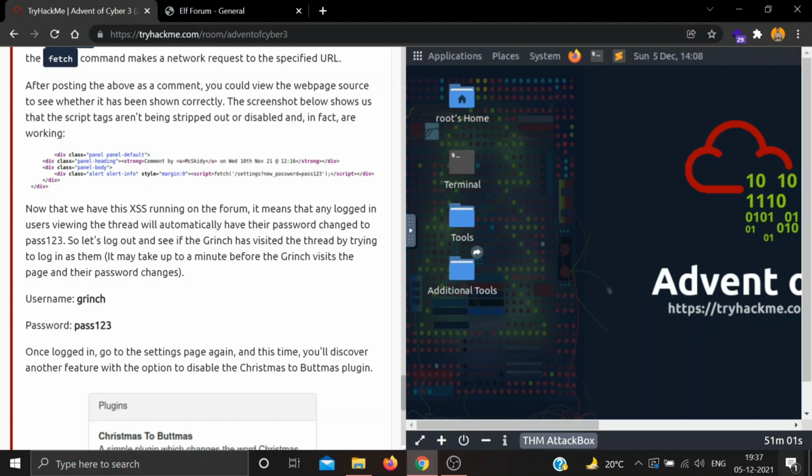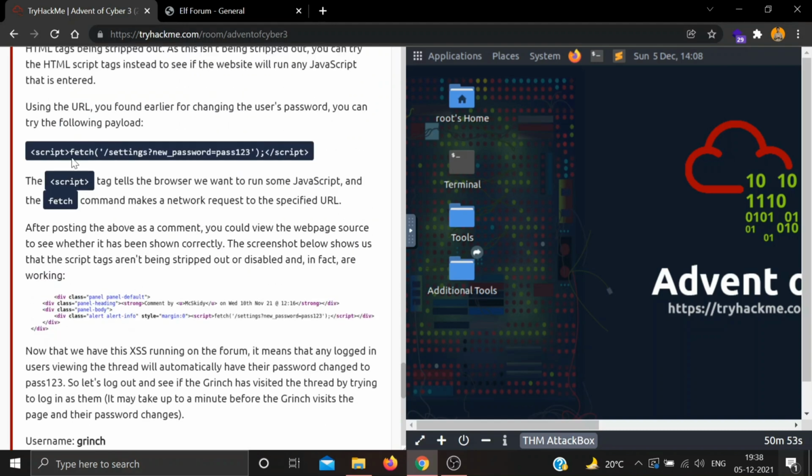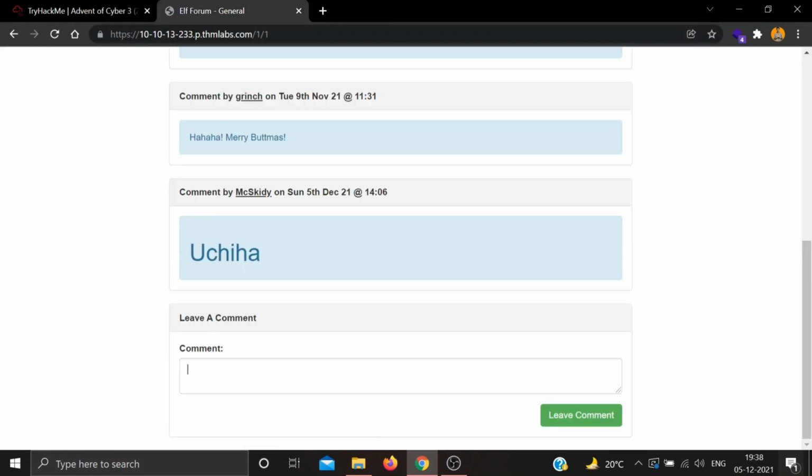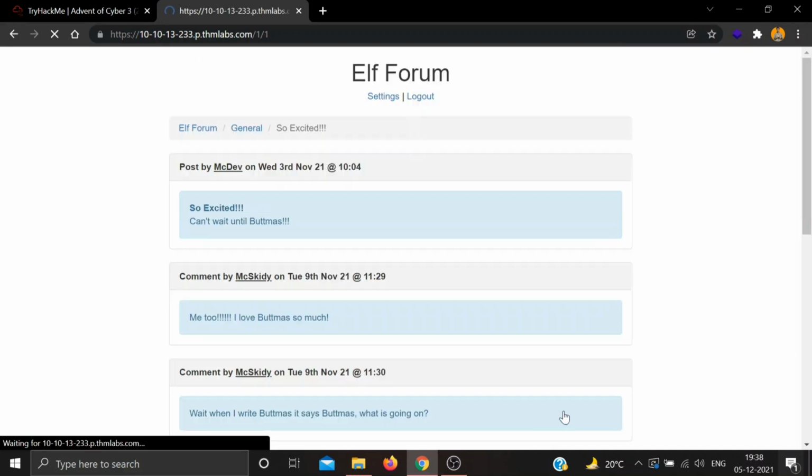Now that we have this XSS running on the forum, it means that any logged in user viewing the thread will automatically have their password changed to pass123. So now we have to comment something by giving this payload too. Let's try doing another comment, hello everyone, and we will paste our payload. Leave comment.